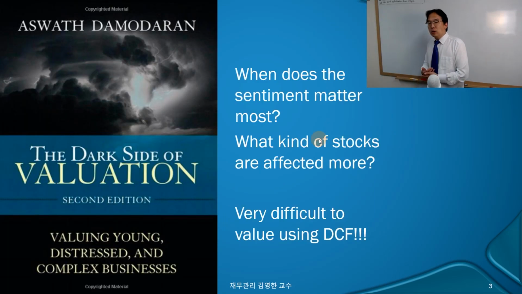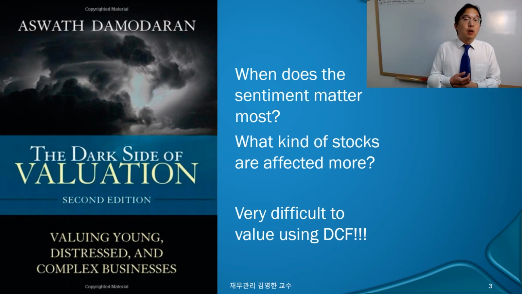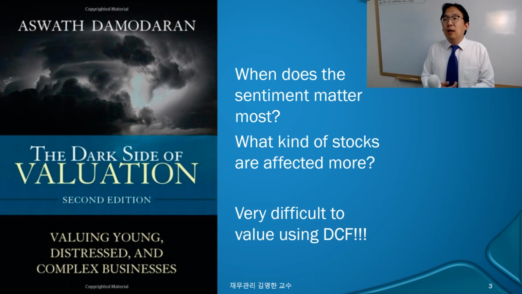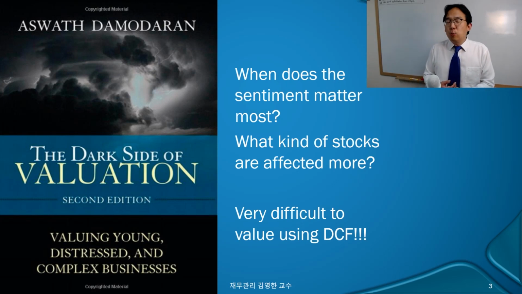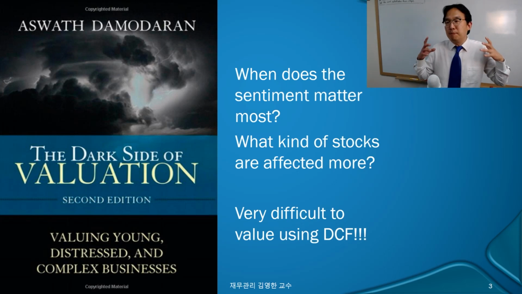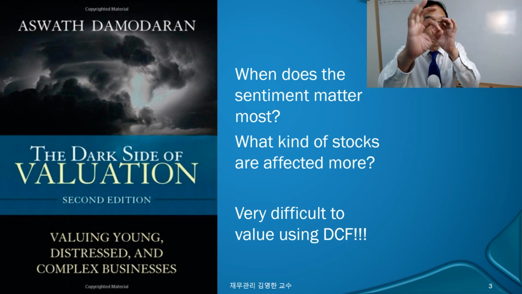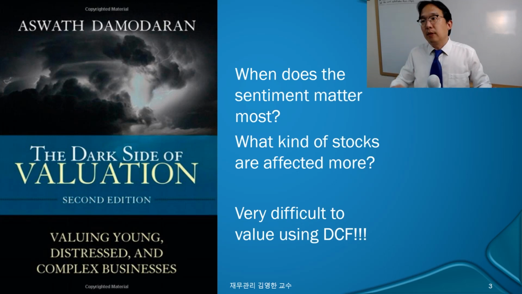Then among so many different companies in the world, what kind of companies have values, have prices that are subject to this kind of sentiment? Some companies like Samsung Electronics or big companies, 대형주, are not affected too much by the sentiment. Why? Because millions of investors look at Samsung Electronics minute by minute, and microscopically they observe it, so that every piece of information popping up gets priced immediately. No room for sentiment to play over there.